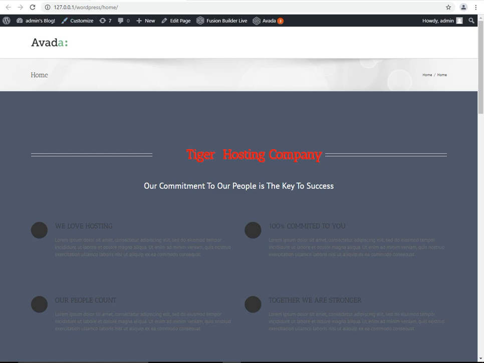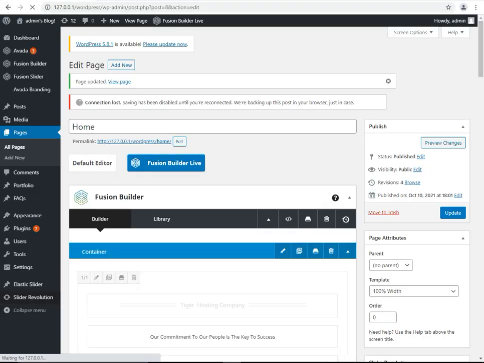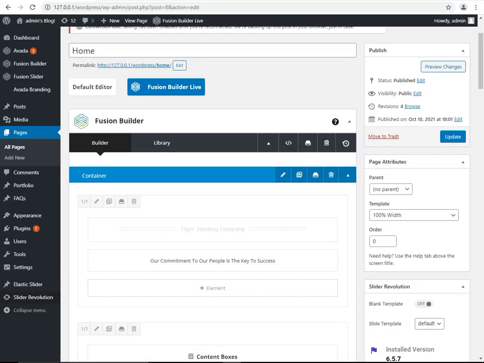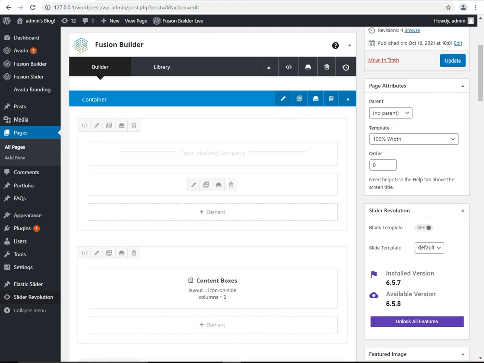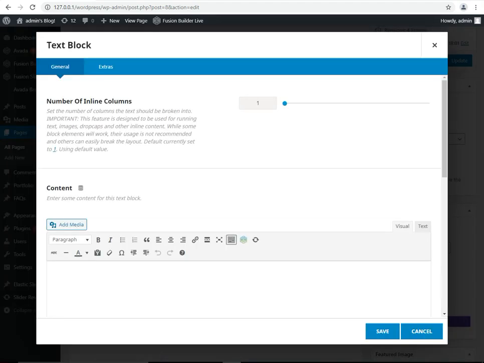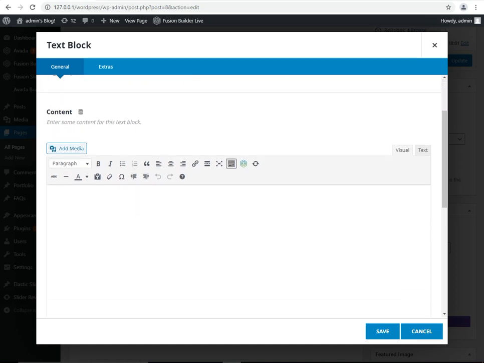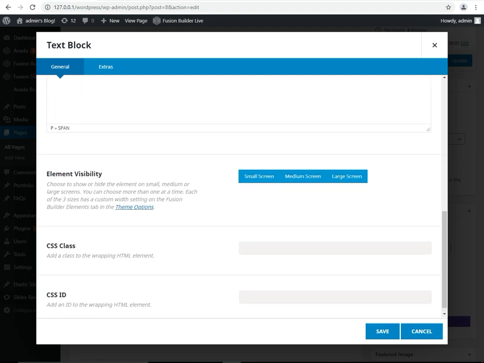I am going to change this heading. Click here. All settings are shown here. You can just click the edit button, and in the content you can change the existing company content. Simple content right here.